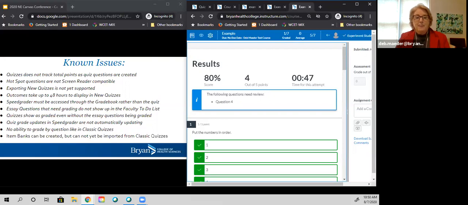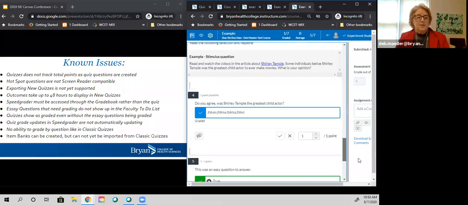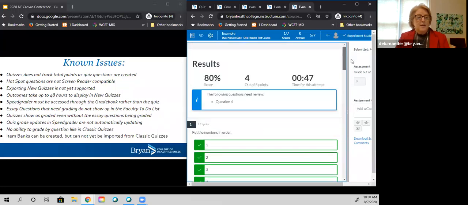take care of. Finally, in the known issues, I want to point out bullet point 8, that the SpeedGrader page must be refreshed in order to update the student point totals. So you notice that I added points for that free answer question down here. But if I go back to my quiz,